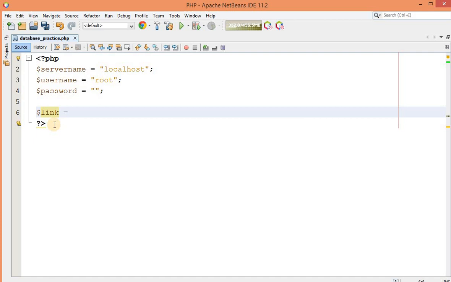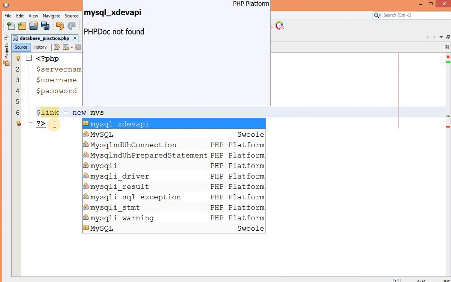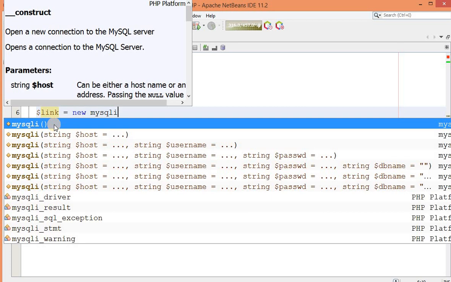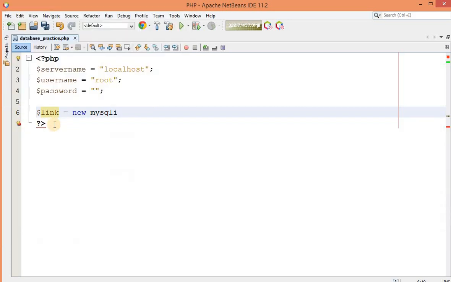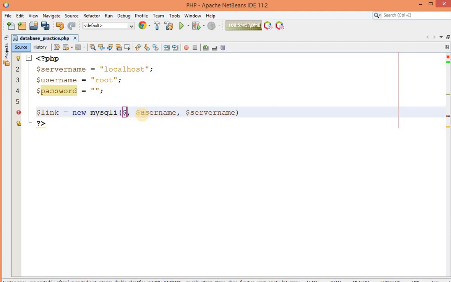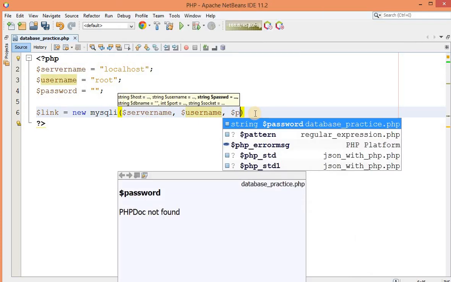This is my link, and over here using the new keyword I'm going to create a MySQLi object. Using the new keyword we have created an object of the mysqli class. Over here this must be the server name, after that the username, and after that it should be the password.